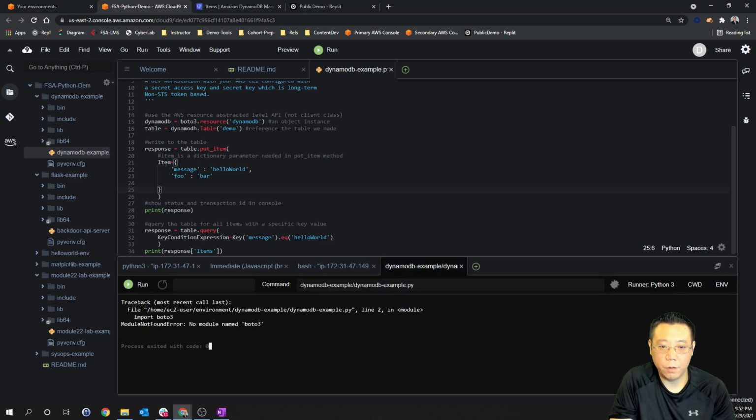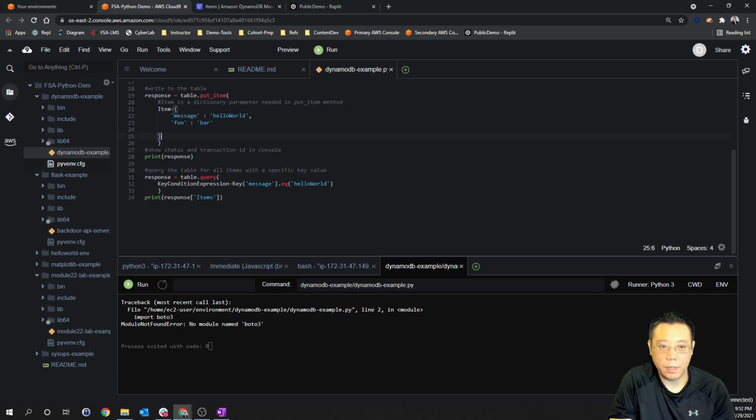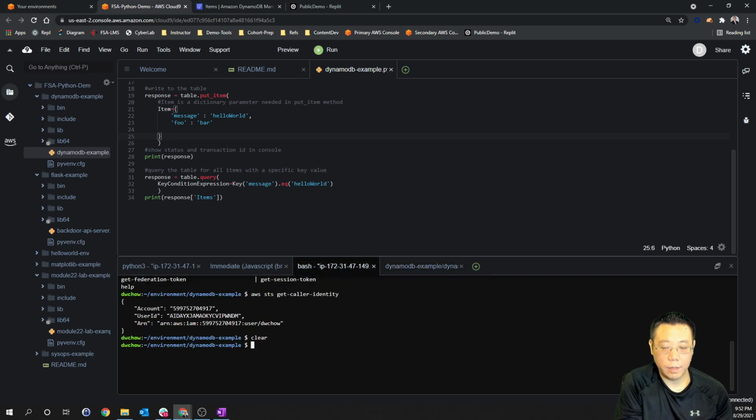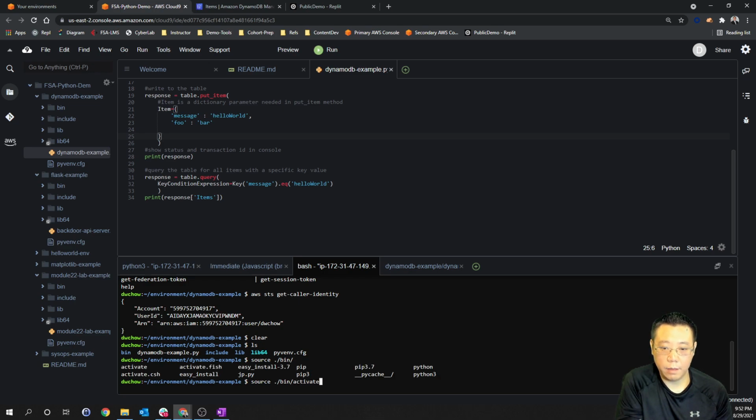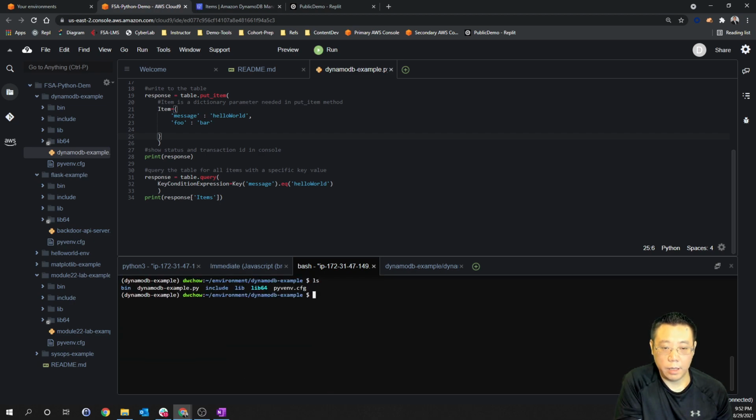No module found below 3. And that's because, even though I created it, I did not activate the virtual environment. So I'll go in here, I'll ls, and notice I have my libraries right here. I went ahead and created the virtual environment, so I'll need to go ahead and activate it. Source dot activate. And then I'll do Python